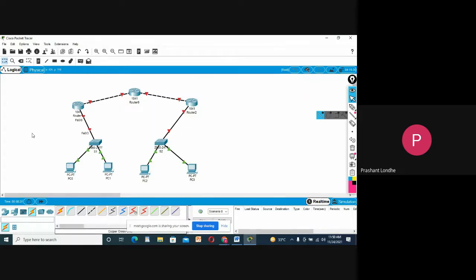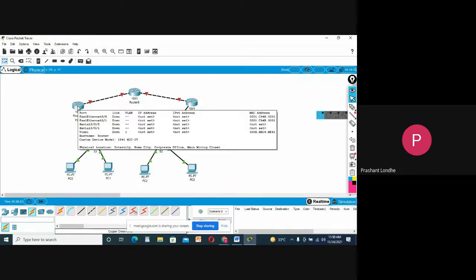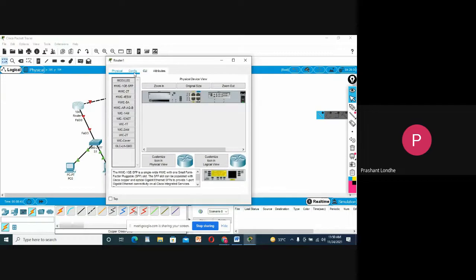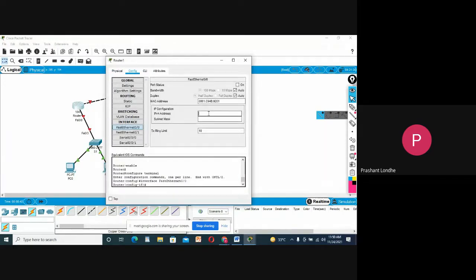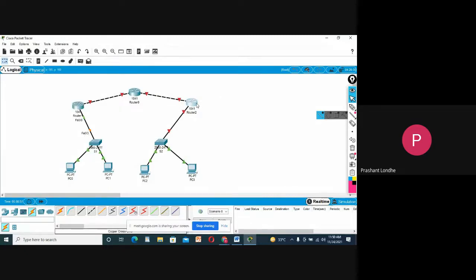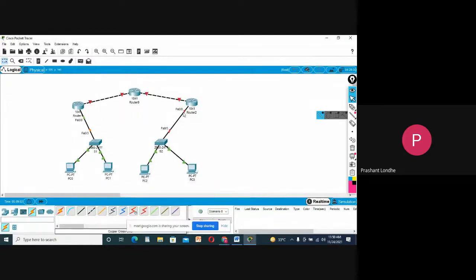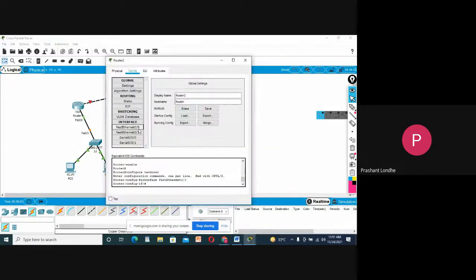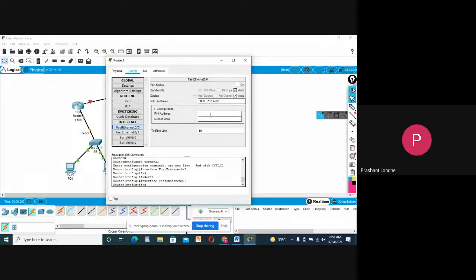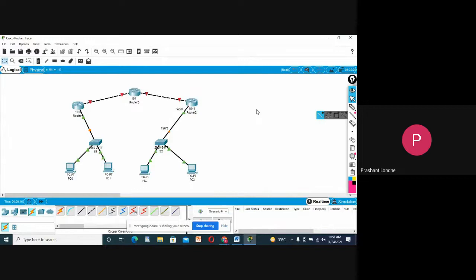Now I need to configure this router. I will click on this router, go to Config, go to FastEthernet 0/0 and give the default gateway over there. Make it on, so it will turn green. Do the same thing for the next one. Let me check the connection. It is FastEthernet 0/0. It is very important that you configure the proper connection. Otherwise, you may get problems regarding connectivity. So this is done.